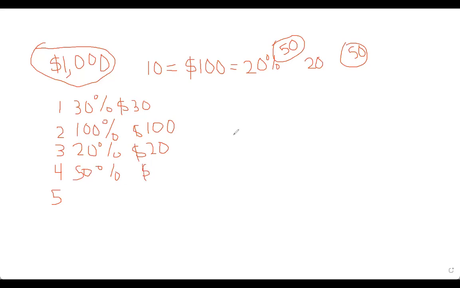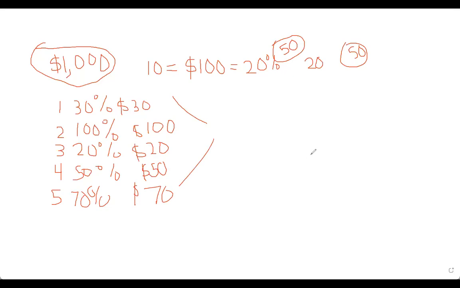Excuse my handwriting, guys. It's way better in person. It's hard to draw on this whiteboard. Okay, so we have 30%, 100%, 20%, 10%, and let's just say 70% here, right? Because we want to take trades that can give us the most money. So there we go, right? So these are our winners.